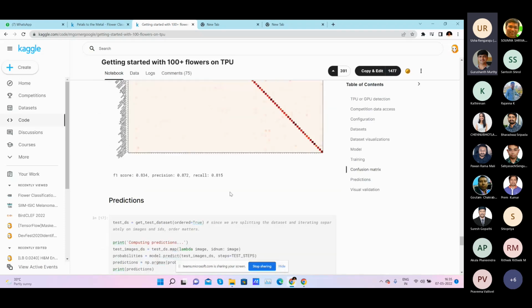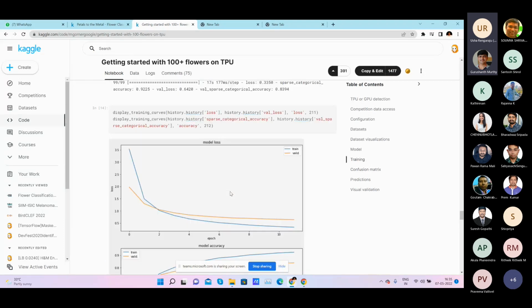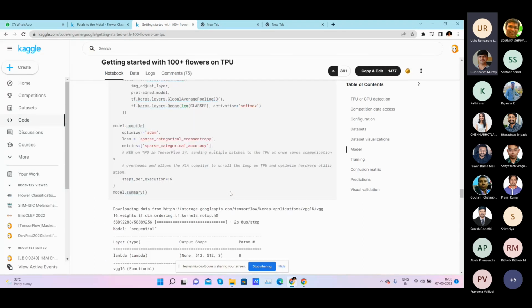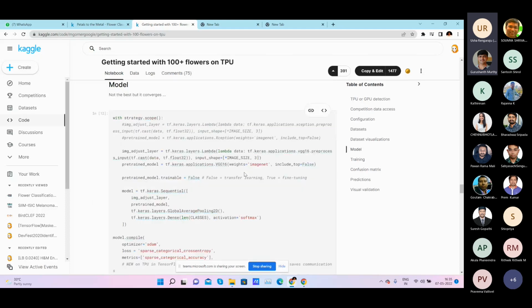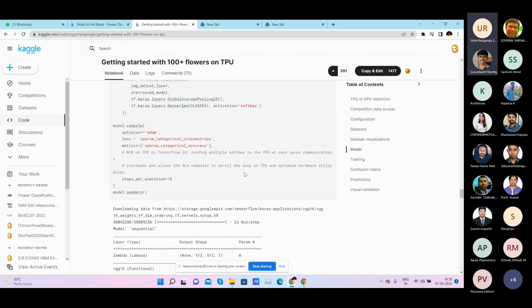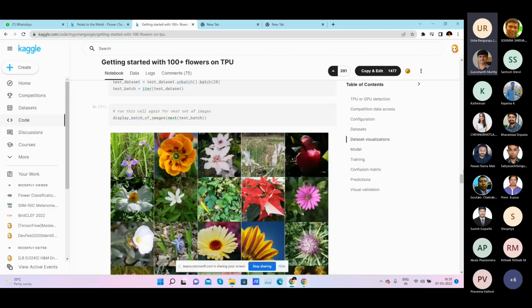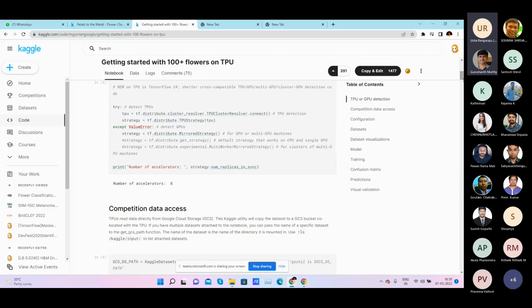So this is a similar example. Everything is the same. The creation of TPUs, creation of TF records. The TF records are already given to you as a part of the data sets. So here also you are using the tf.data API. Then you are using fine tuning. You are using transfer learning, and then you are just making predictions. You are just fitting the model, training the model, and then making predictions. Similar thing. The use case is very, very similar, but this is a bit of a toy example,